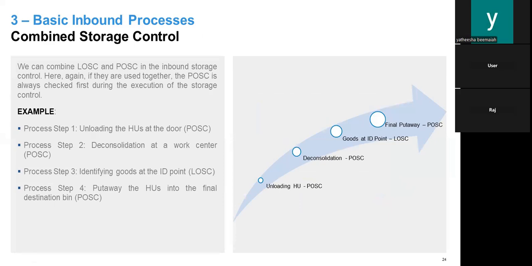Yeah. So this is combined storage control. I will just give the overview of this, and then we can run the process in the system and see some transactions. The combined storage control is nothing but using POIC and LOIC in the same process. For example, unloading is done, then deconsolidation, where we break the pallet and repack. And then from there, it will move to the ID point via